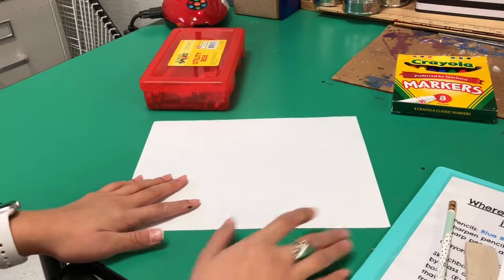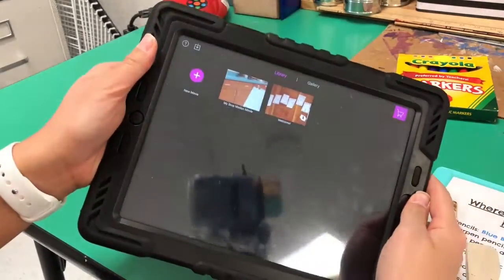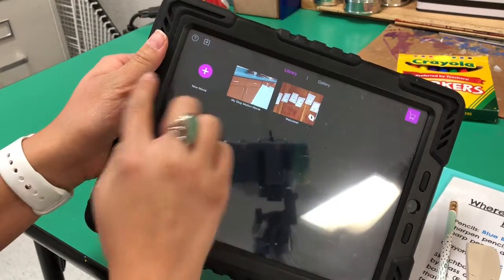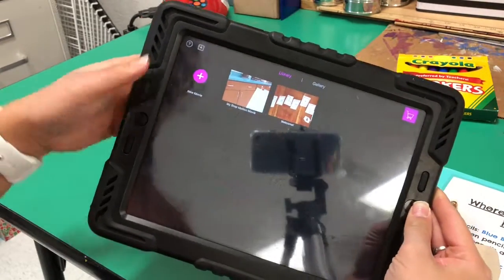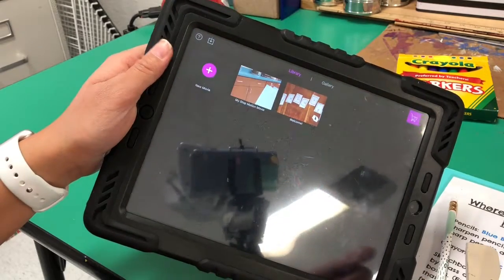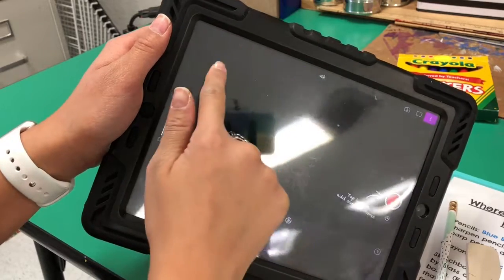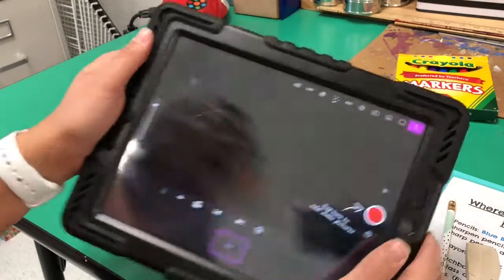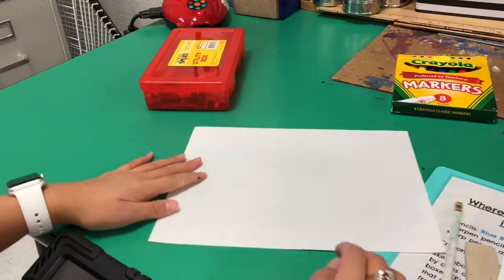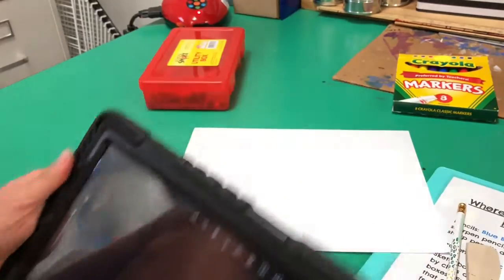So starting off, get your iPad ready on the stop motion app. Remember, it has a blue app picture or thumbnail, and you want to make sure you click on new movie. And each time you do something different to your drawing, you're going to make sure that you snap a photo